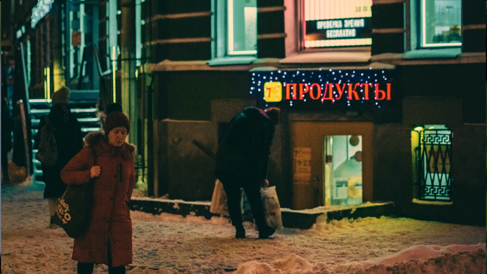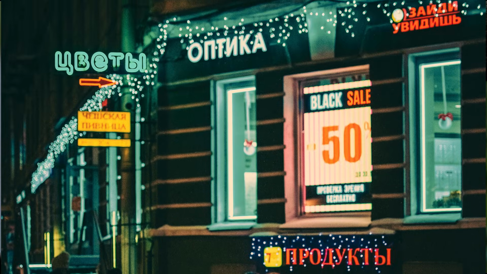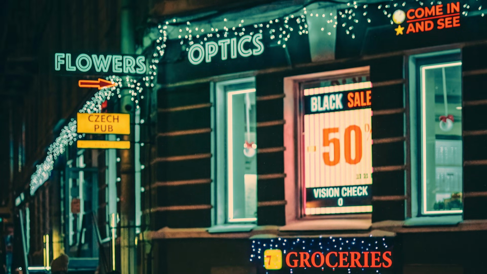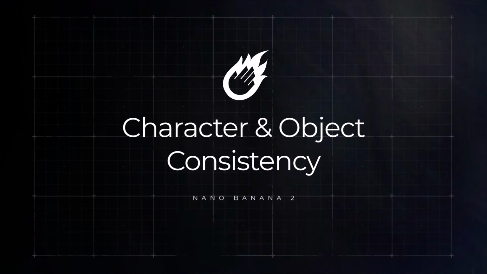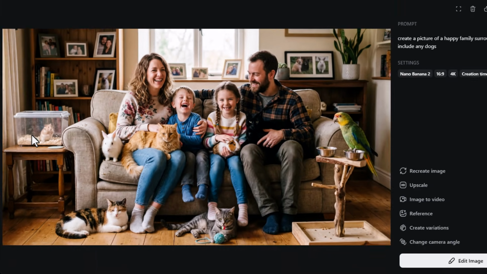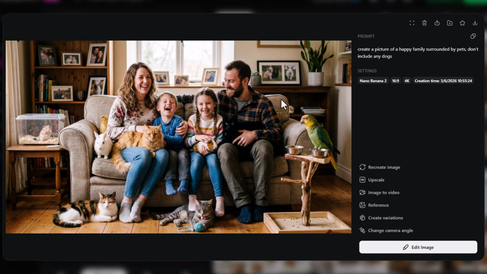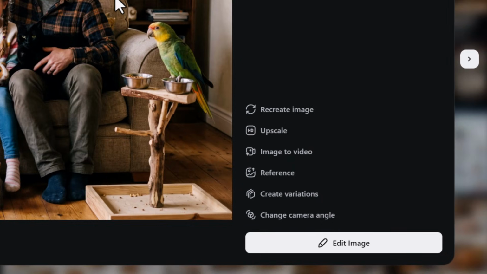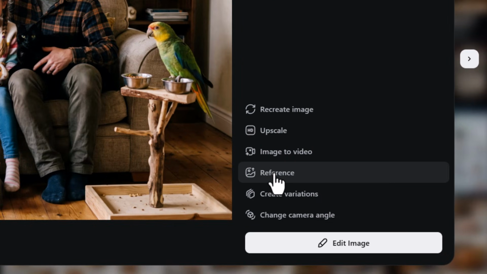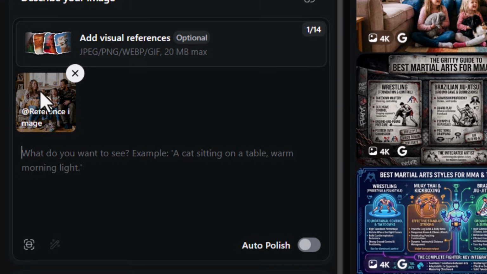This really offers a powerful image tool beyond just simply creating images that look good or you can use within bigger projects. But also it has great consistency with characters and objects. So if you were able to put in several characters into a scene, Nano Banana can effectively reproduce those very accurately along with several objects as well. Take this image here from earlier. If I was to come down and use it as a reference,